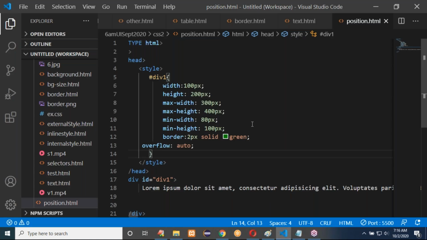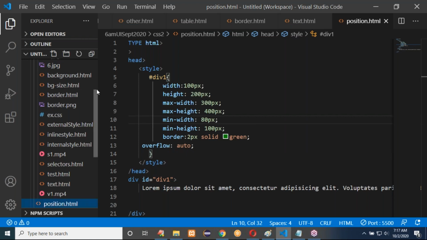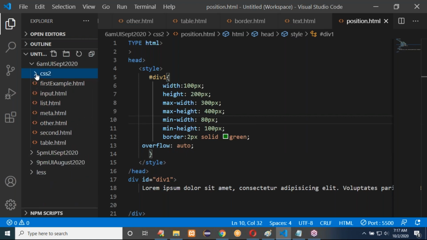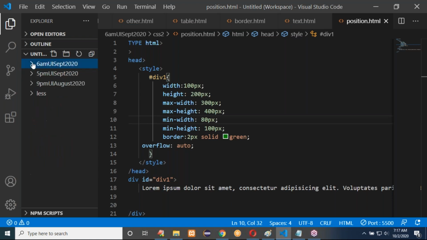So today onwards, we are going to use Visual Studio Code for creating our programs. So I'll write the programs. You can install Atom, Brackets, Visual Studio Code, Dreamweaver. You can go with any one IDE for creating your applications. Here I'm using Visual Studio Code for creating our programs.